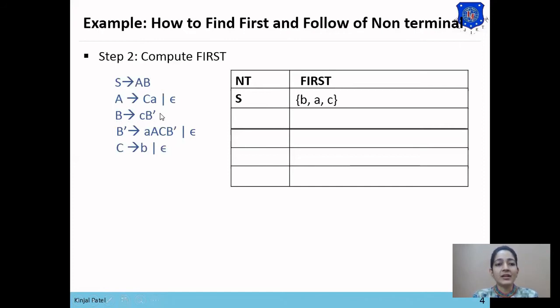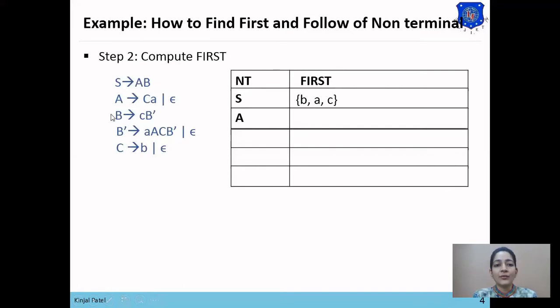B does not derive null, so no more symbols will be added from this production of S. But S derives AB, and A derives C. As C is the first symbol of A, we check the first of that C. C derives b or null. As C derives null, we replace this C with null, so A will become the first of the non-terminal A. So A will be added in the first of S. So the first of S is b, a and c.